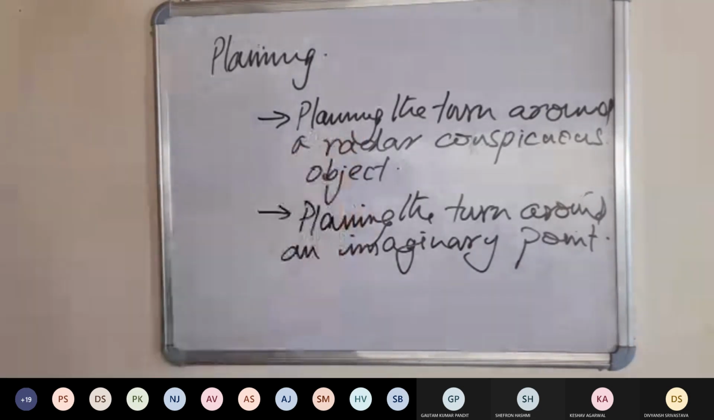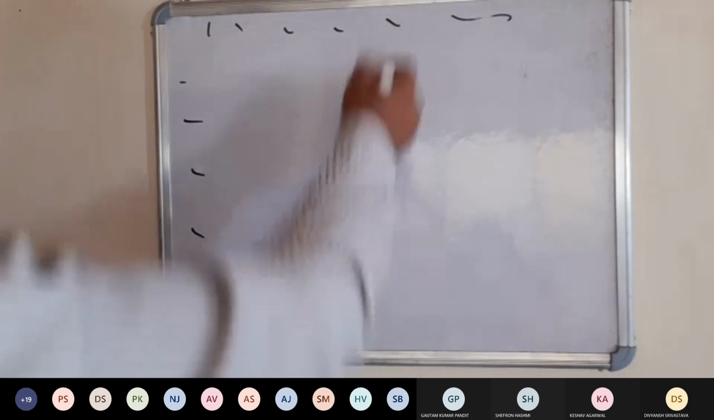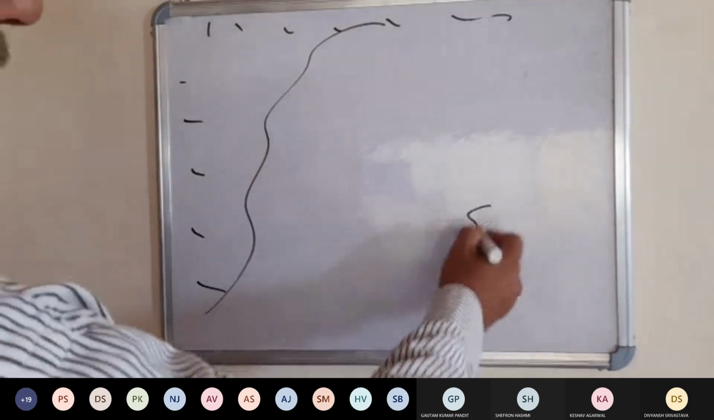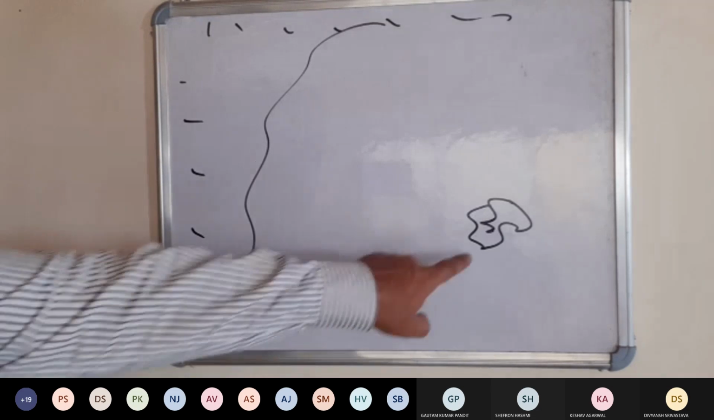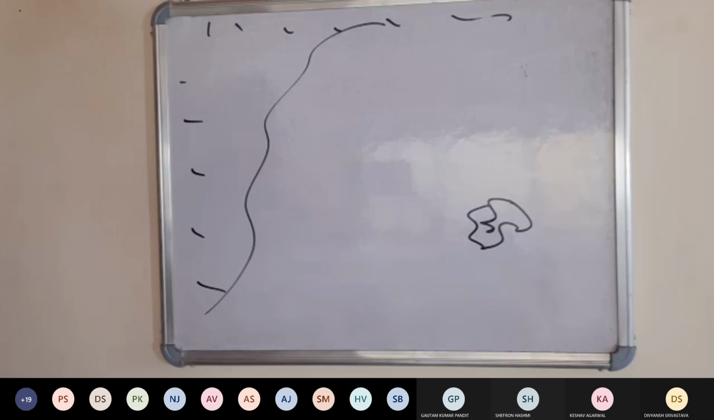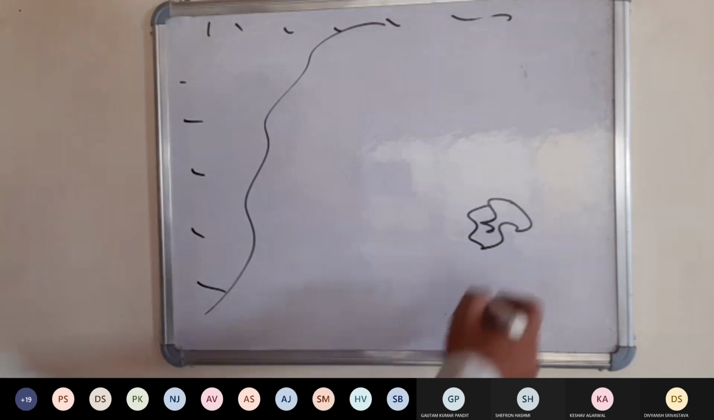So first one is planning the turn around a radar conspicuous object. I hope you have written down the two methods. Now suppose this is your chart. You have longitudes, you have latitudes. Maybe there is a shoreline and you have a small object which is visible to you. So the step to plan the turn around this object which is visible on the radar is first identify the